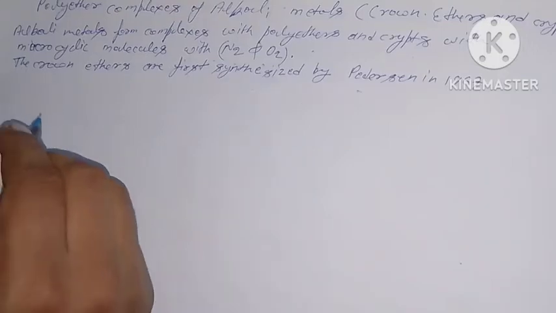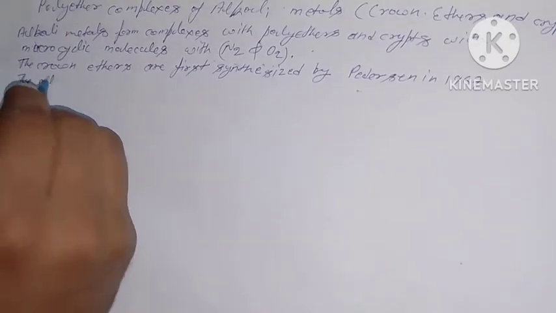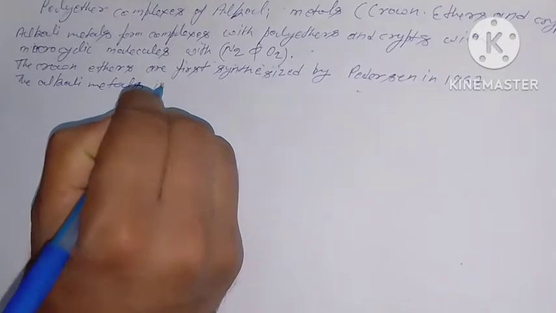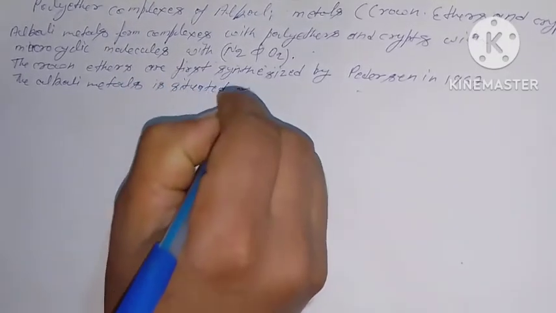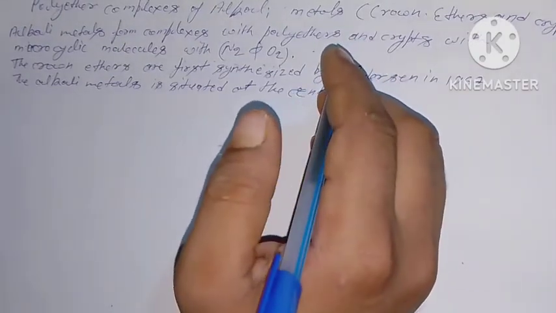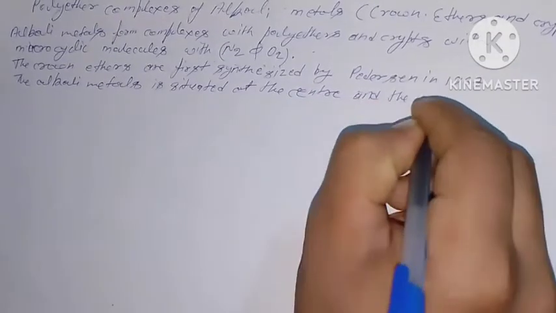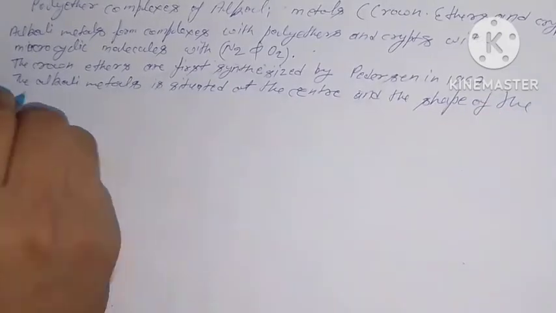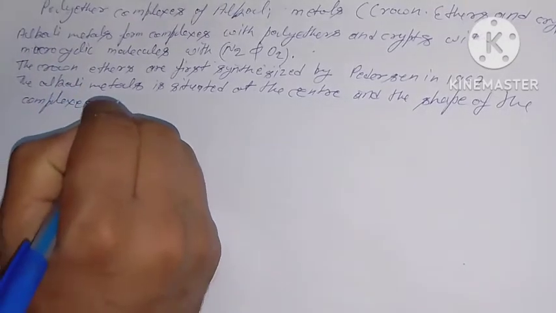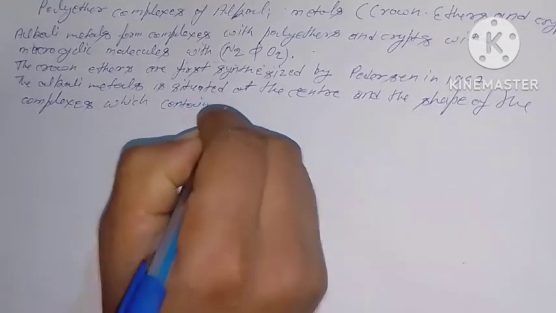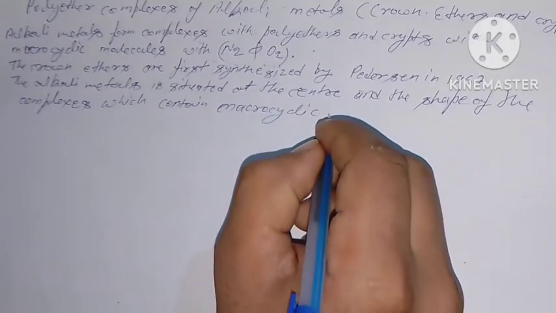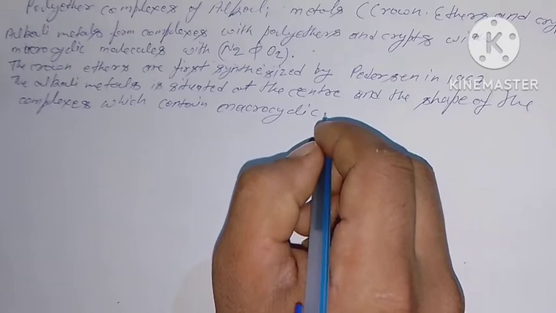The alkali metal is situated at the center, and the shape of the complexes which contain macrocyclic ligands is like